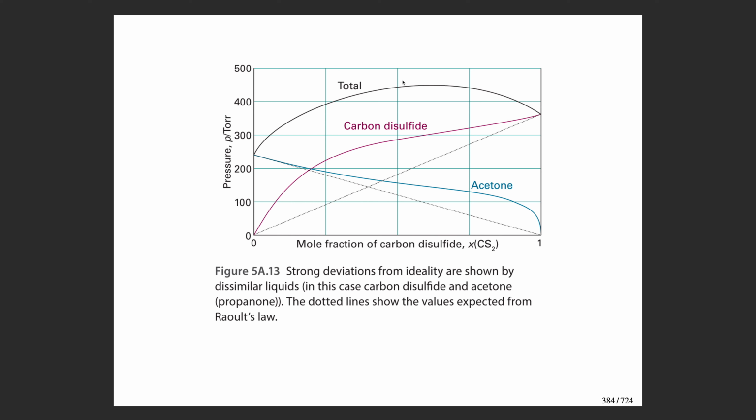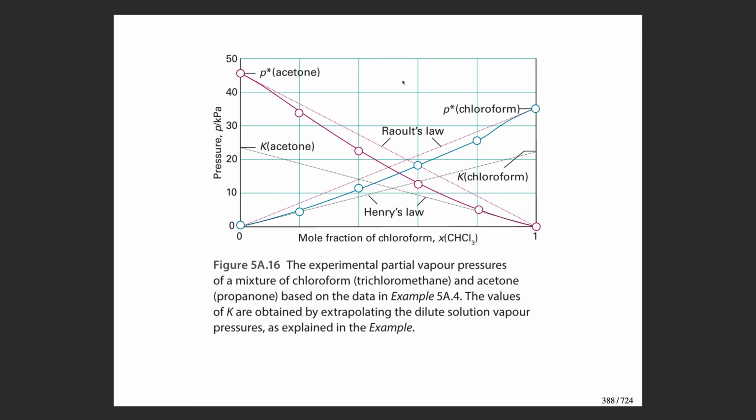Let's see, I'm looking for a negative deviation from Raoult's law, and this would actually be a negative. This figure here illustrates a negative deviation from Raoult's law. We've got acetone and chloroform that are mixed together. Let me see if I can figure out what's going on here. So this would be